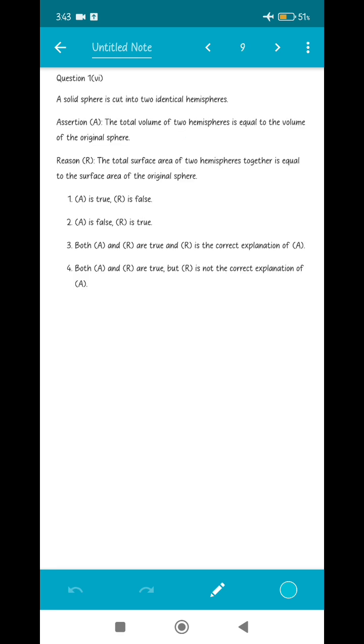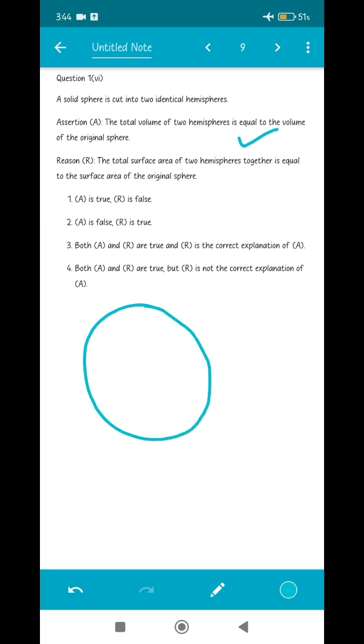Next question. A solid sphere is cut into two identical hemispheres. Alright, the assertion is the total volume of the two hemispheres is equal to the volume of the original sphere. We have already studied about this in the chapter on volume, that whenever we are melting something or cutting something, the volume will not change. The surface area will change, but the volume of the pieces and the original material will be the same. So yes, it's true that whenever you cut a sphere into two halves, when you add up the volumes of the halves, you get the volume of the original sphere. But on the other hand, in the reason portion, they have said that the total surface area is also equal. So that's not true, because